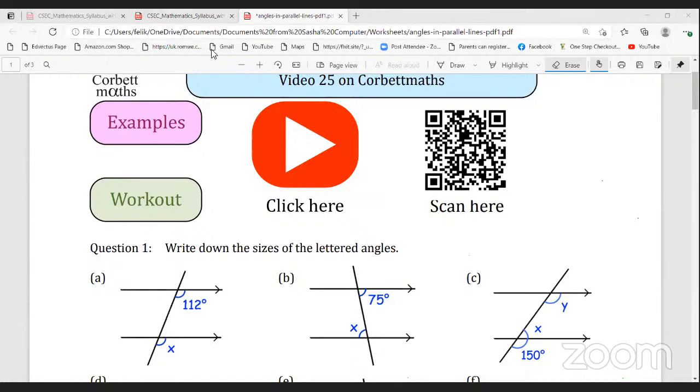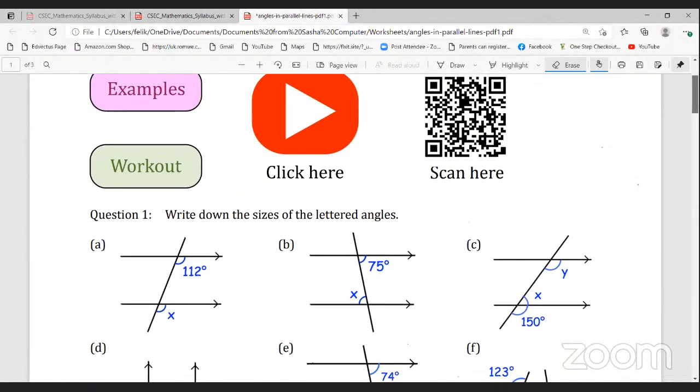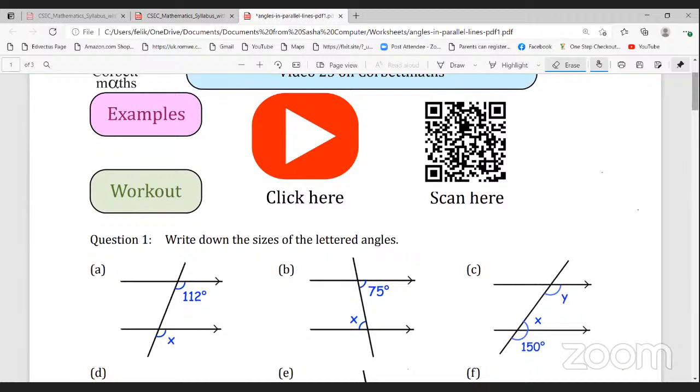All right, go ahead and draw the questions. Write down the question, the topic, angles in parallel lines. The angles in parallel lines, that's what we're doing today. Go ahead and write down